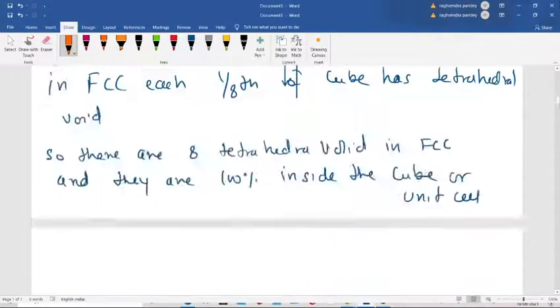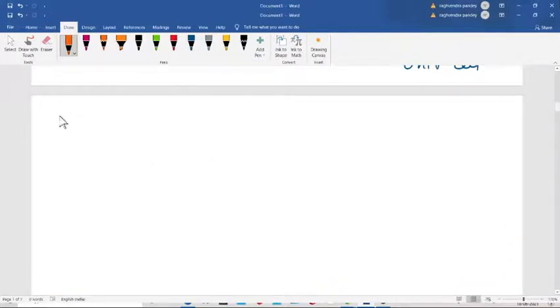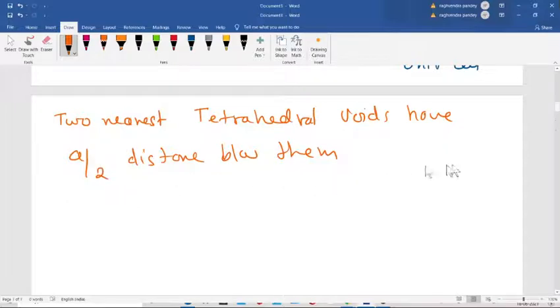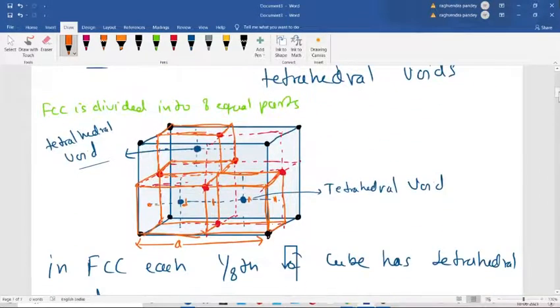So two nearest tetrahedral voids have A by 2 distance between them. Okay, A by 2, that you can see. So that you can say like this.